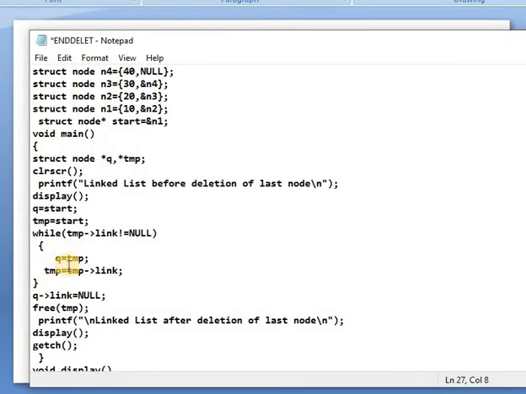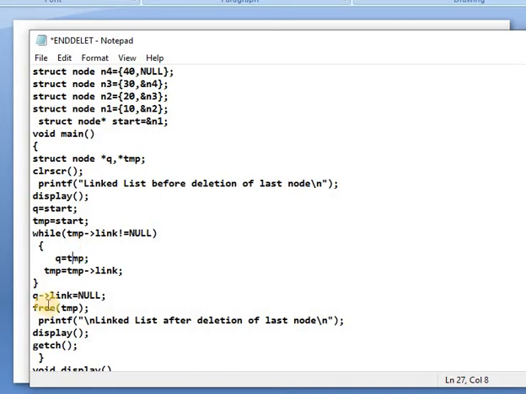Okay, these two statements are clear: we check up to null, meaning the last element is found when the link is null. At that time, that pointer is considered as q and the next node is considered as temp, and temp will be removed.